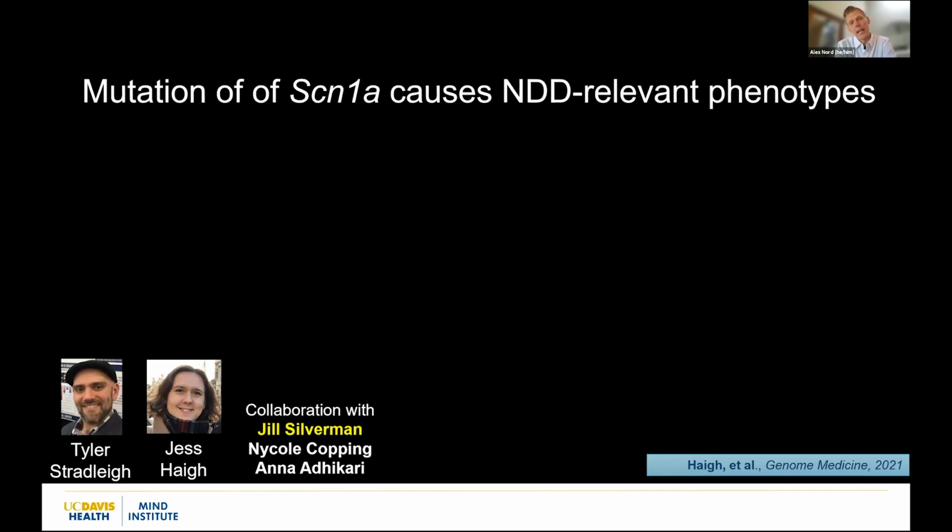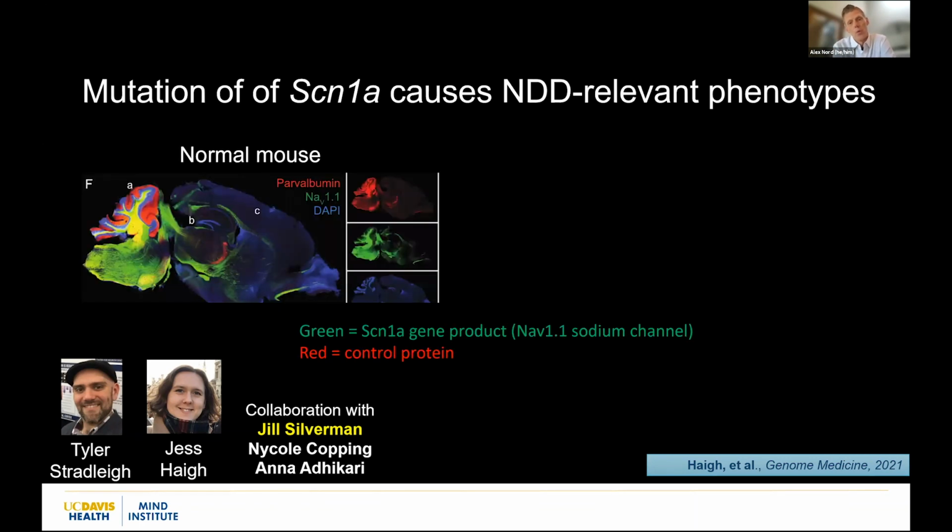SCN1A is a gene that produces a sodium channel that's necessary for synapses to function. So my lab has worked on understanding the regulation, or how the SCN1A gene is turned on in neurons, so that sufficient production of the protein, which is called NaV1.1, is present. This is a normal mouse showing a sagittal section of the brain, and the green color here is a stain for the production of this protein NaV1.1 that's made by the SCN1A